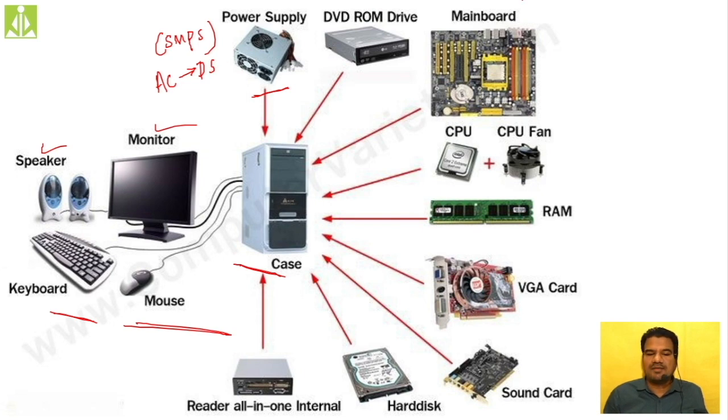Then we have the DVD-ROM. All of you are quite familiar with the functionality this DVD-ROM drive has inside our computer. We have these optical devices like CDs and DVDs, isn't it? In order to read the content, as it is a ROM, we also have DVD writers available in the market. With the help of writers you can perform both reading as well as writing operations. But over here, as it is a DVD-ROM, read-only memory, we can only read the content.